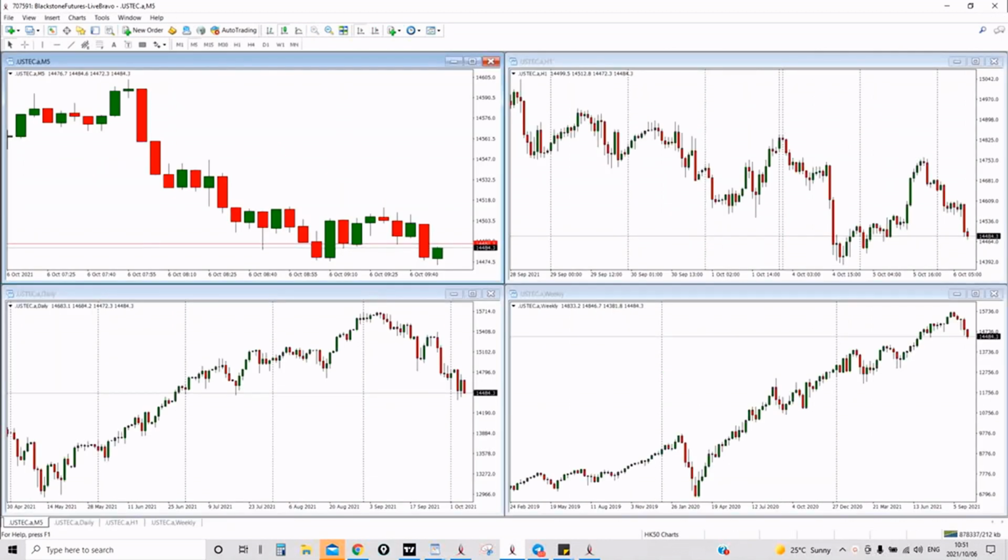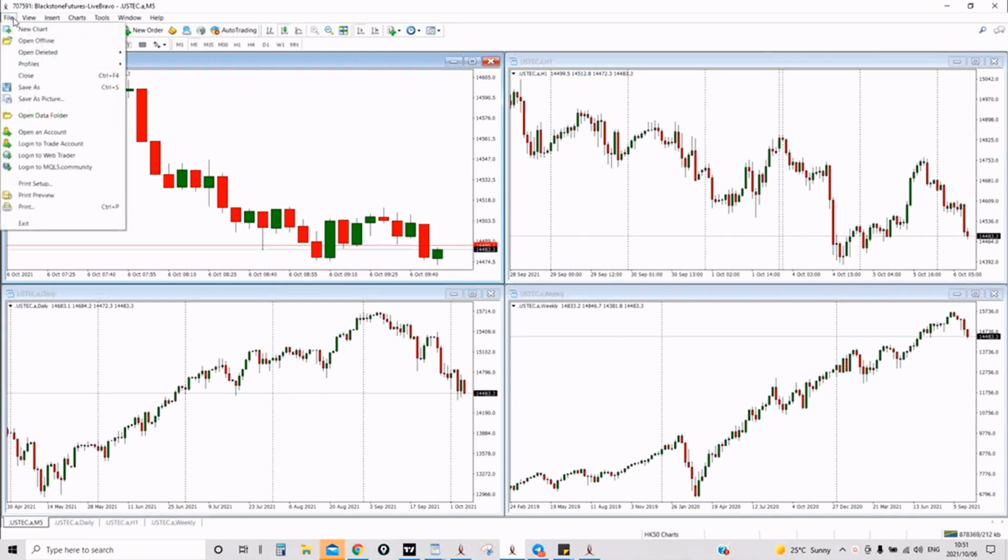Now let's go through how to save a profile on your trading platform. When your chart layout is exactly how you want it and you don't want to lose this data, you go to the File folder,